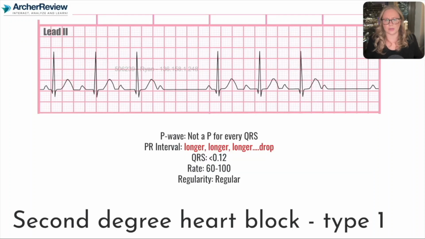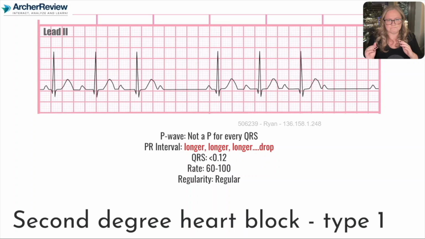So your next heart block is second degree, type 1. We have two types of second degree heart block. Type 1 is also known as Mobitz 1, or my personal favorite, Wenckebach. So what happens here, when you look at the 5 different items you have to review for all EKGs, again, everything is normal except that PR interval. But in first degree heart block, we had a prolonged PR interval and it was the same, just too long. In second degree, type 1, we have a PR interval that starts out as normal, then it